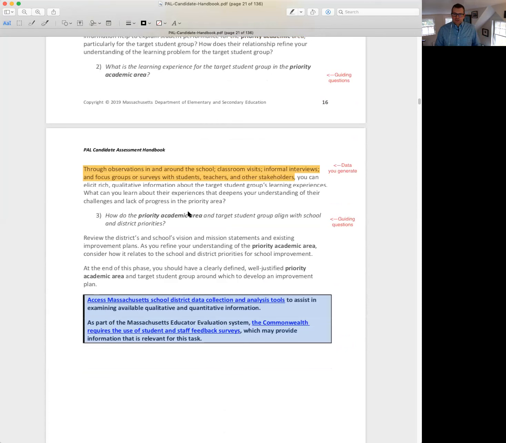They also suggest, as part of this first component 1, the investigation portion, that you generate a little bit of your own data. So you're going to do some observations, you're going to make some classroom visits, you're going to do some informal interviews and some focus groups or surveys with students, teachers, and other stakeholders. So that's going to be some data that you yourself generate after looking at existing data. Another guiding question here,